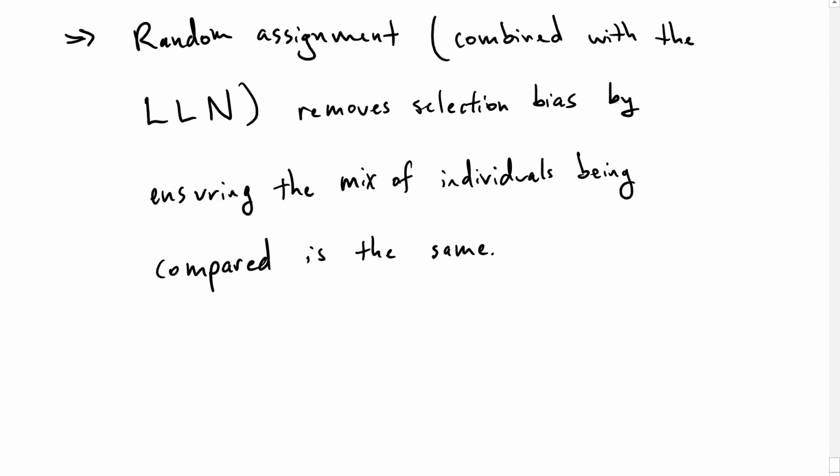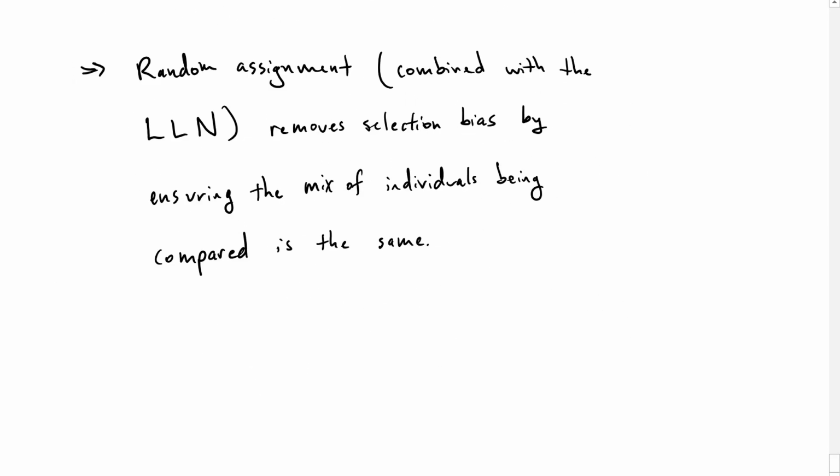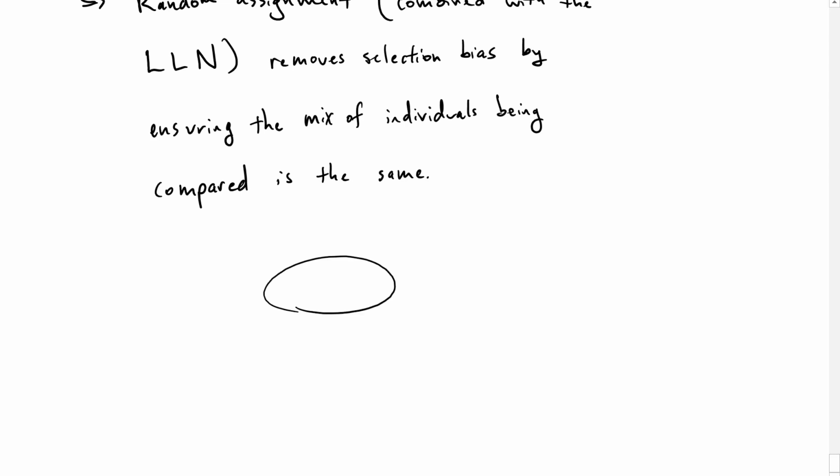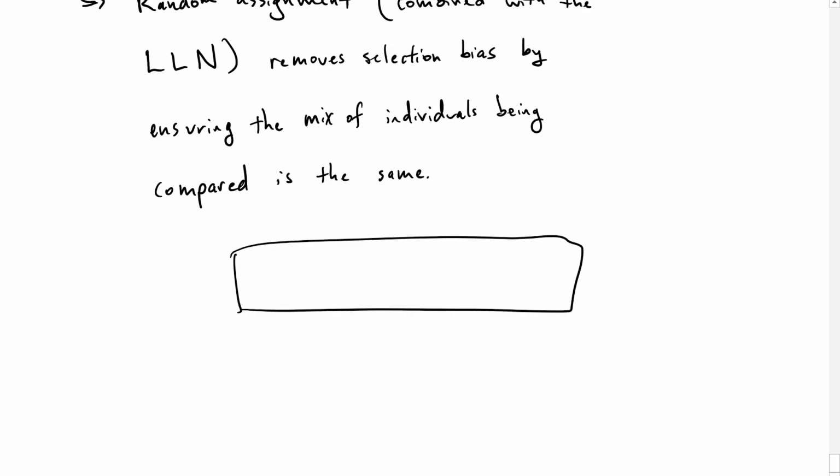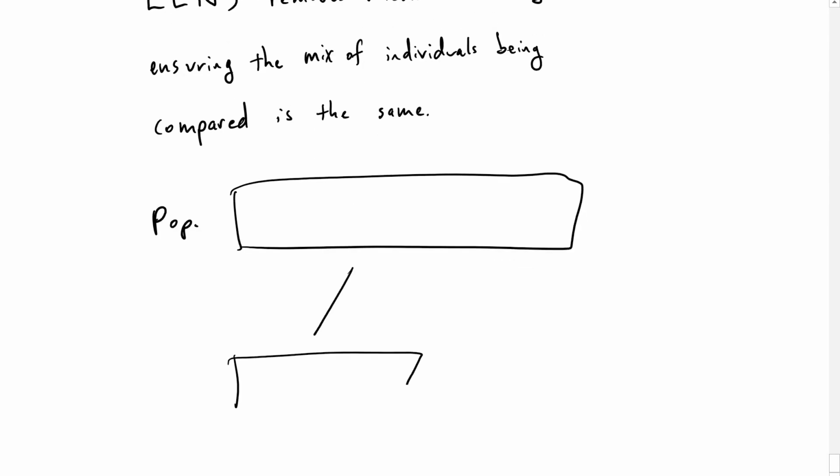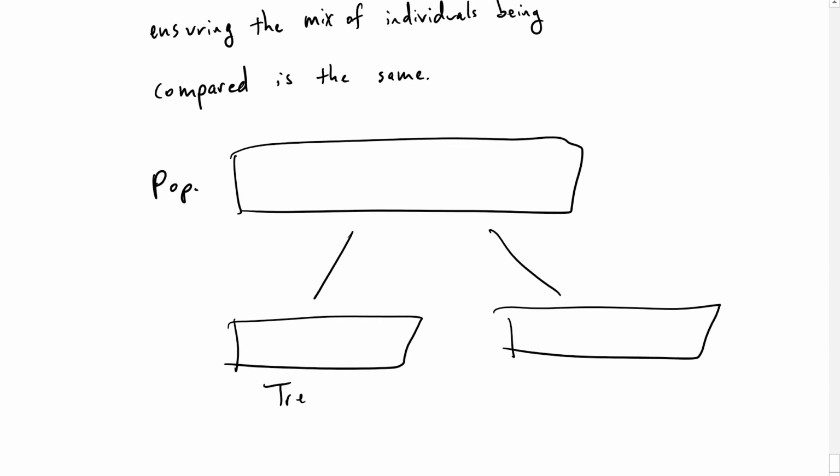Okay, and so we're going to have two groups. We have ultimately the underlying population. And from that, we're going to have two groups, treatment and control. And on all sorts of observables and unobservables,